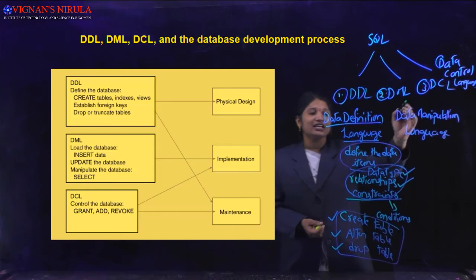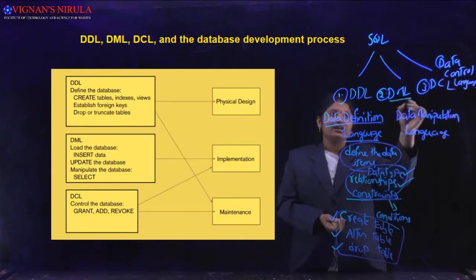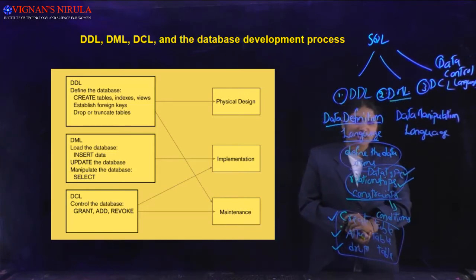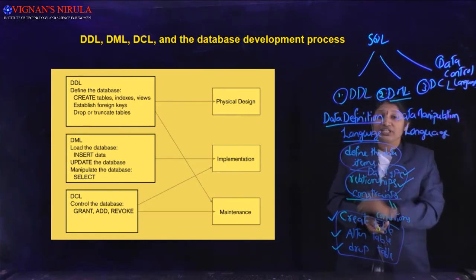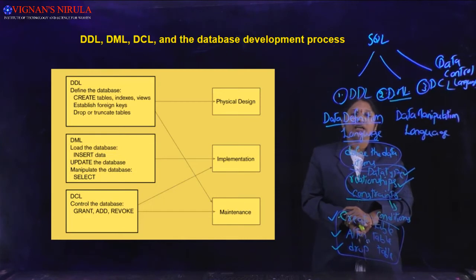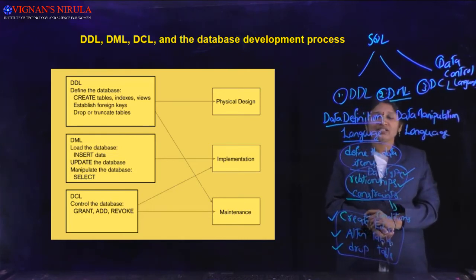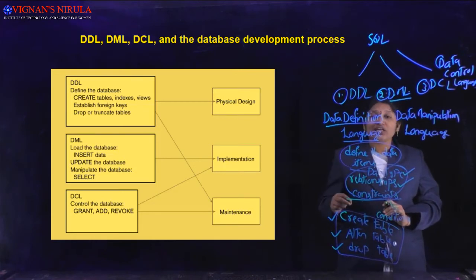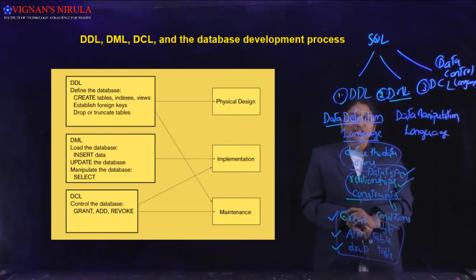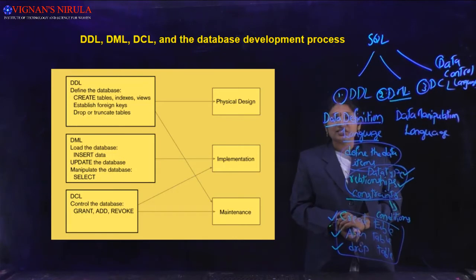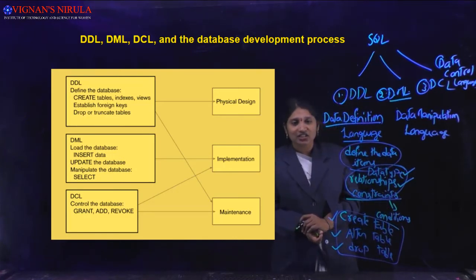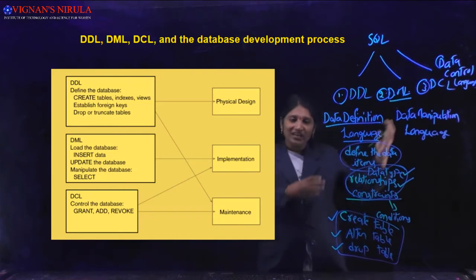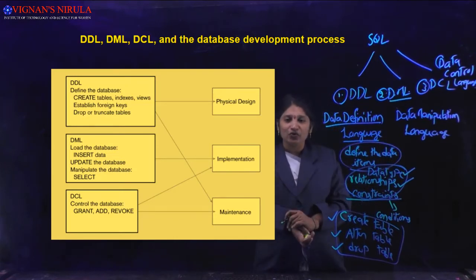So the next category of SQL is DML. As already you know, what is the abbreviation for DML? Data manipulation language. By means of your DML commands, we are going to manipulate the data that already exists in your database. The purpose of your DML commands is to manipulate the data that already exists in your database. So various commands come under the category of your DML.